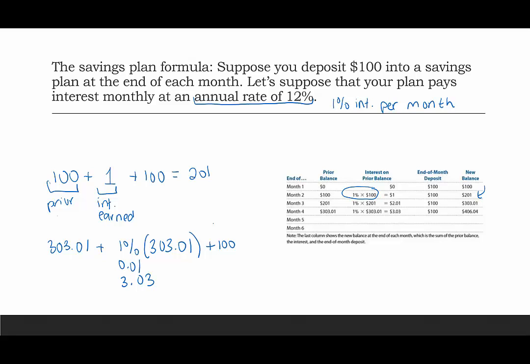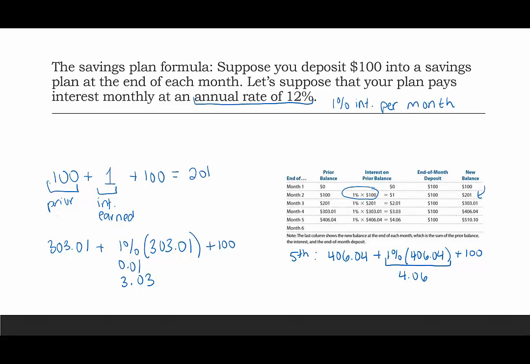Okay, by the end of the fifth month, the prior balance was $406.04, plus the interest on that would be 1% of that, or 0.01 times 406.04, plus we're going to deposit another $100. So this calculation, multiplied by 0.01, moves the decimal point over, will be 4.06. And if we add these values together, we end up with